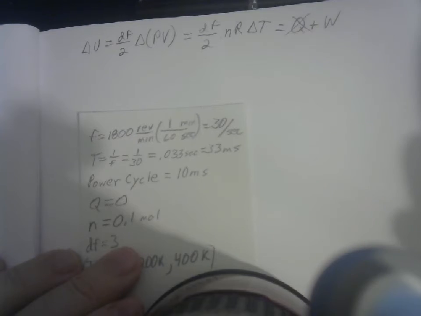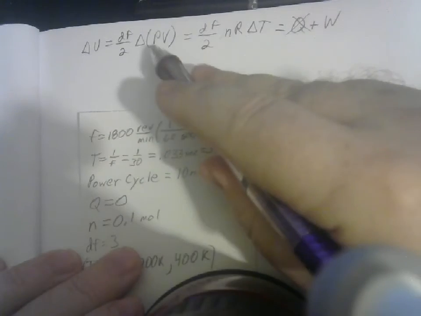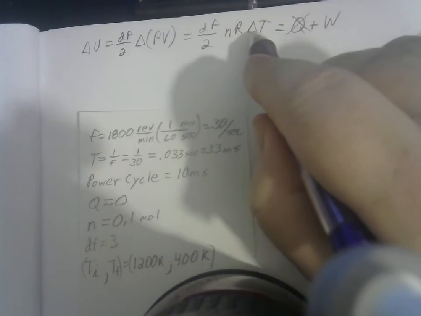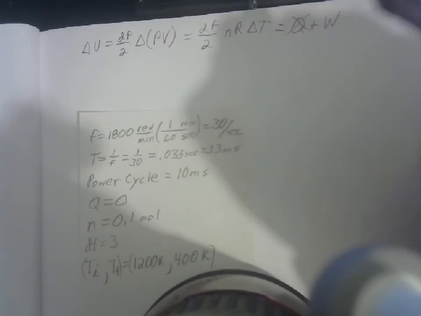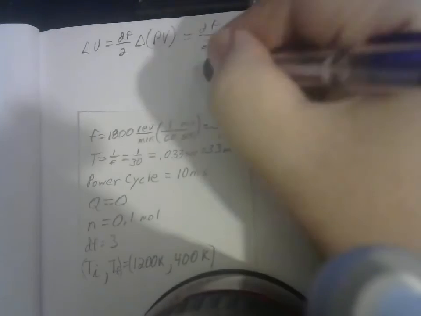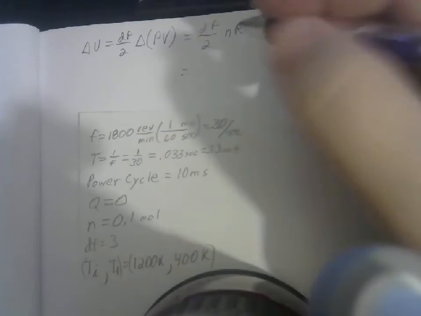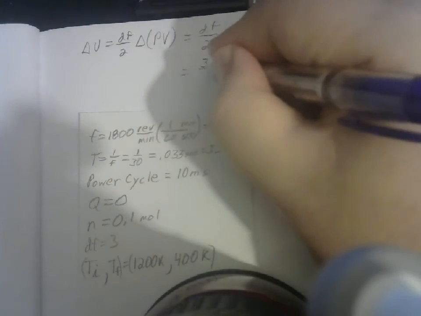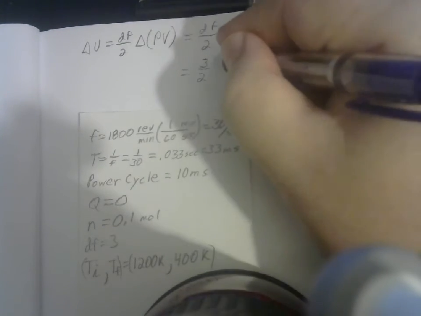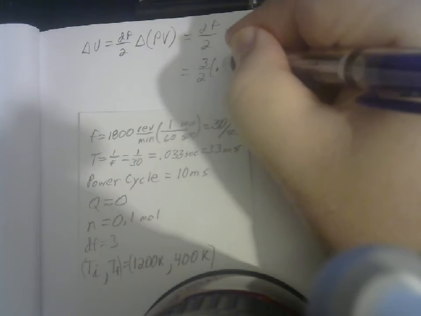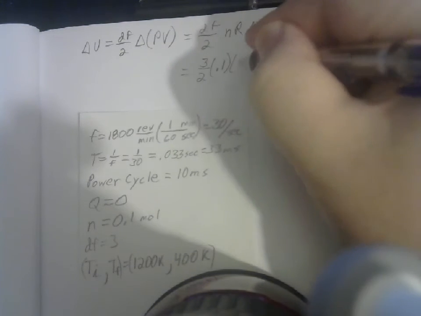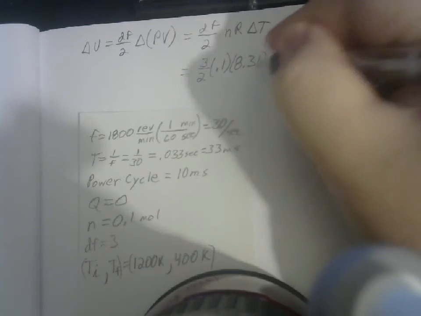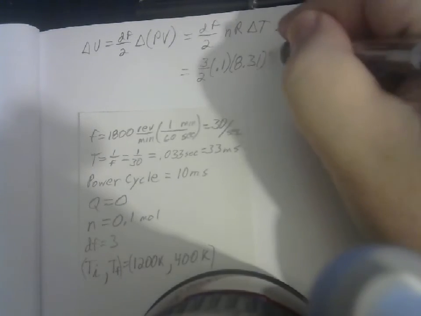And then looking down here, we really don't know delta PV, but we do know delta T. And so that gives us a chance to simplify it. We can say that delta U is going to be equal to the work. So it's going to be 3 halves, and they gave us the number of moles, 0.1. And we know that R is 8.31 joules per mole Kelvin. And our delta T is,